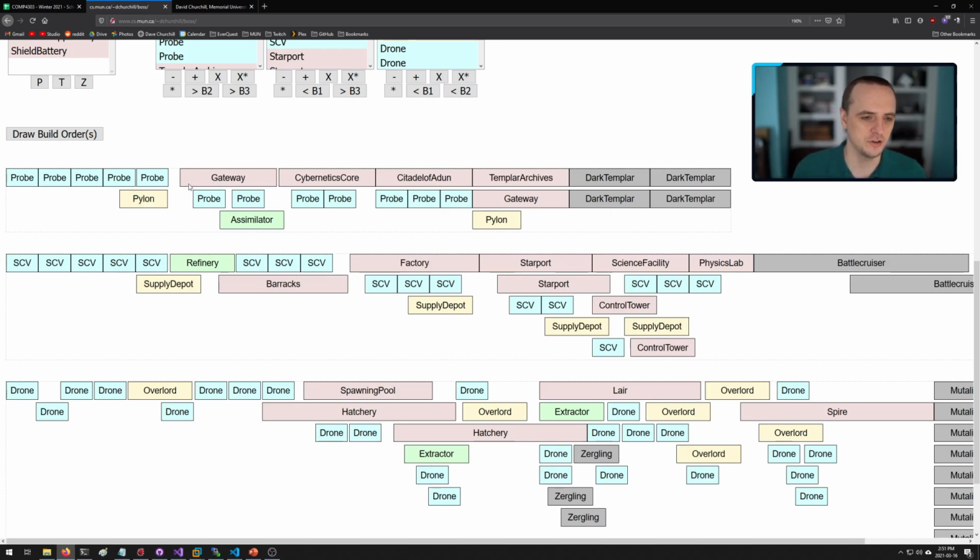I don't have a gateway started yet, so I know I'm going to have a gateway. After that, I have to have a cybernetics core. After that, I have to have a citadel. After that, I have to have a Templar archives. And only then can I even begin to worry about Dark Templar. So my heuristic for the build order search was, we can take the build time of a gateway, add the build time of all these buildings that have to be built in sequence down the tech tree, and that is like our distance heuristic. That landmark heuristic in build order search is like the Manhattan distance heuristic in A star search.